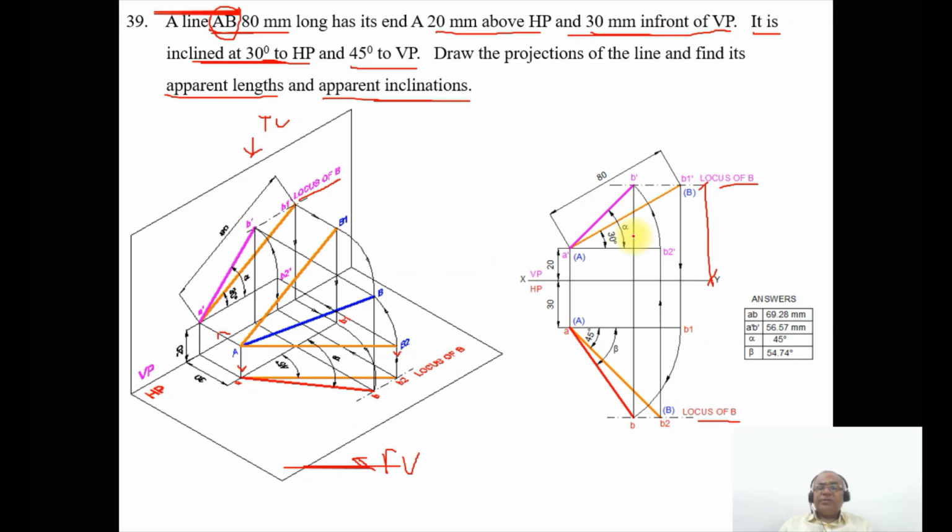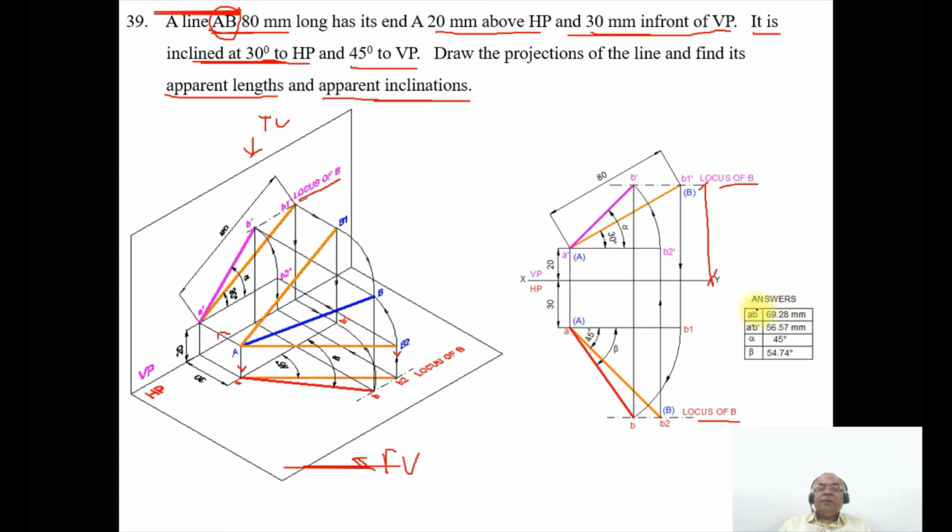Then by using the scale, you measure the apparent length of the front view and also the top view. As we see, a dash b dash is 56.57 when you are doing it in computer, but when you are doing it manually, you will get 57 mm, and you mark it as 57 mm. Similarly, by using the scale, you measure the distance of AB, which is the top view, which is 69.28 when you are doing it in CAD, but when you are doing it manually, it